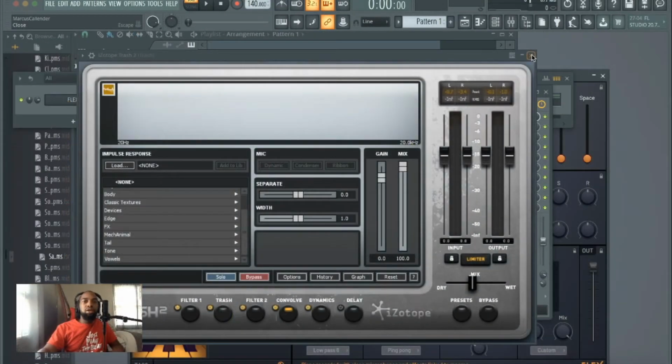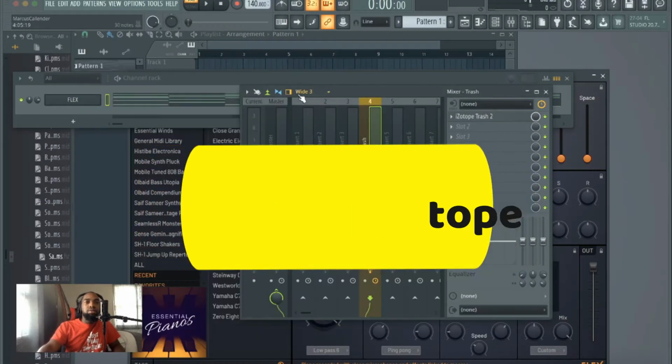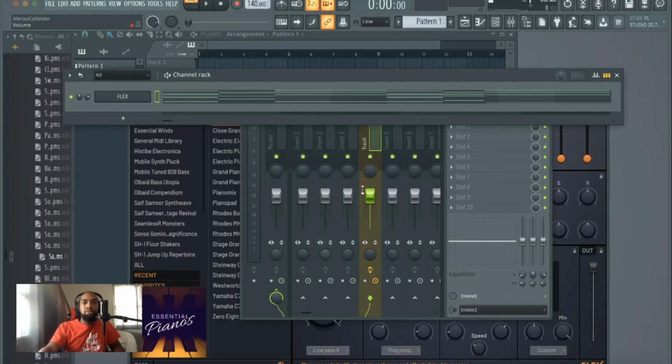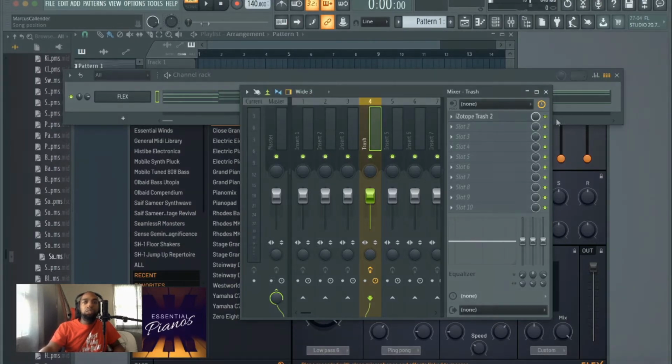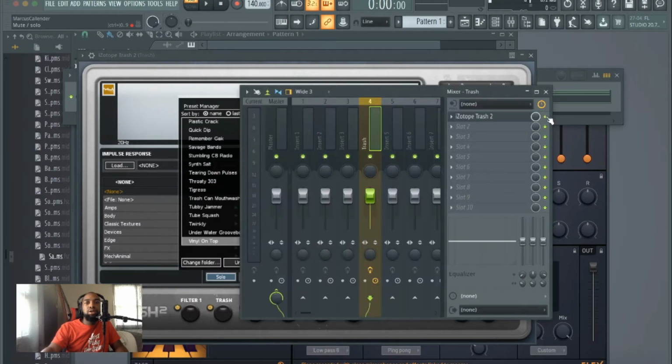I'm doing a plugin review today on Trash 2 by iZotope. I basically have Flex opened up with the regular piano, and I'm going to mute the VST going through, but this is the piano that I have playing. Alright, so that's the piano that I have playing, and I'm going to go in and start working on